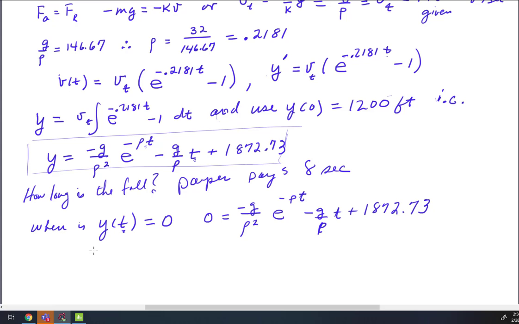How do we solve this? Well, I'm going to just give you easy ways. One is use solve on your Inspire calculator or on Wolfram Alpha,